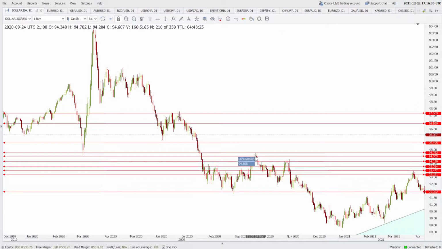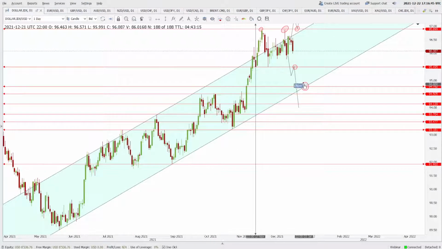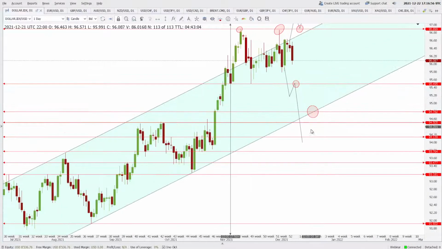94.78 was the high here on 24th of September, and it was also a low here on 8th of March. So yes, this is an important level, 94.78. And also notice that this rising channel is meeting this area here on 3rd of January next month. Not 3rd of January exactly, but yes, the 94.78 horizontal level is an important level in the